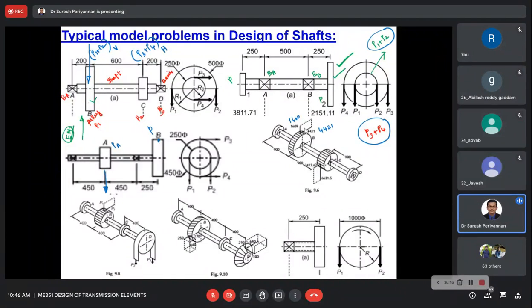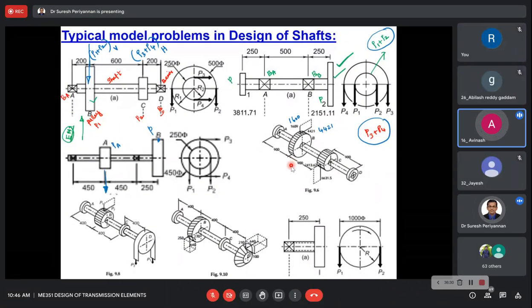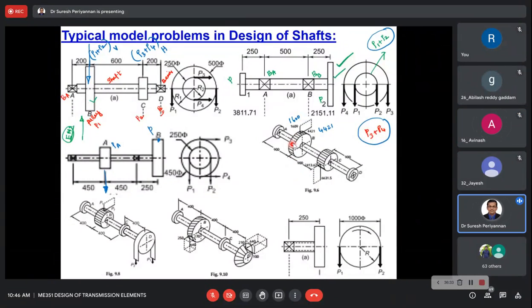Because this is a gear, right? When the gear is connected, this gear is going to be meshing with another gear. 4000 tangential, sir. Yes. 600 radial. Yes. Okay. Whatever we discussed, the pulley is going to be connected with the belt. Hence, we are considering tight side, slack side, P1, P2, P3, P4 for this belt. This pulley P1, P2, this pulley P3, P4, because this pulley is connected with one belt and this pulley with another belt, hence tight side, slack side.